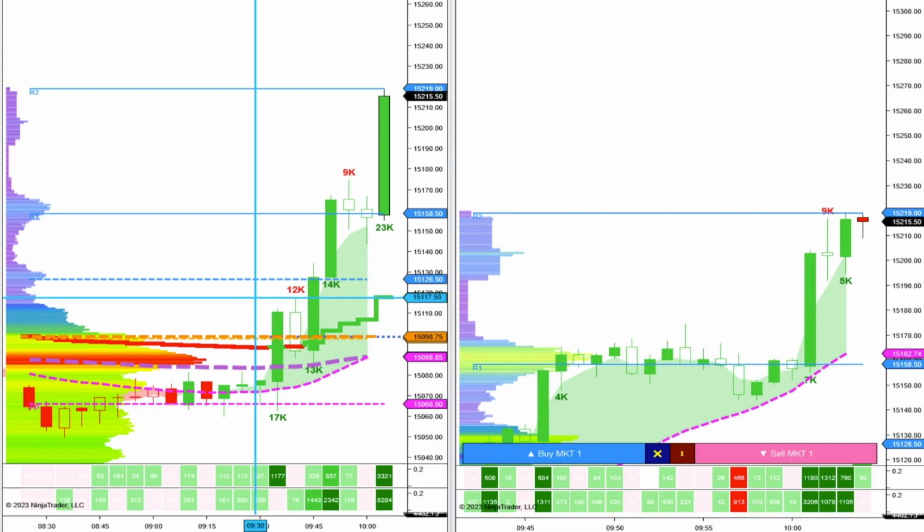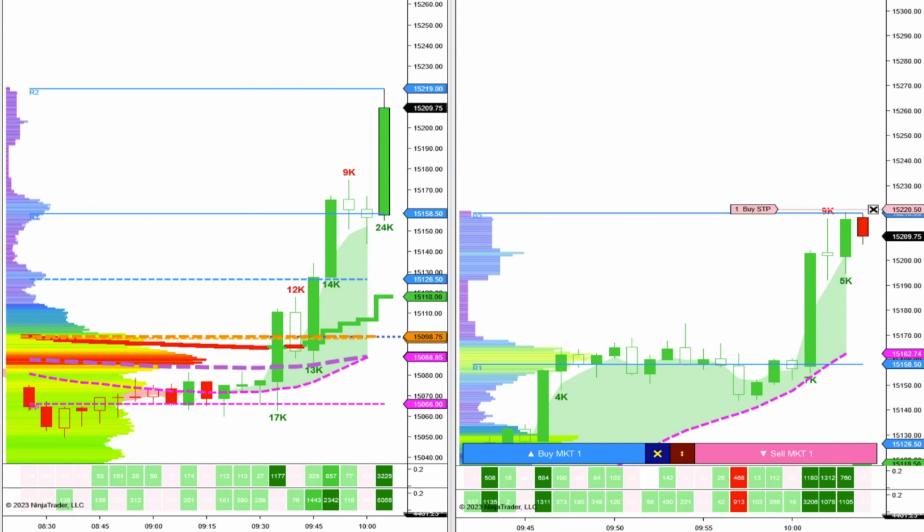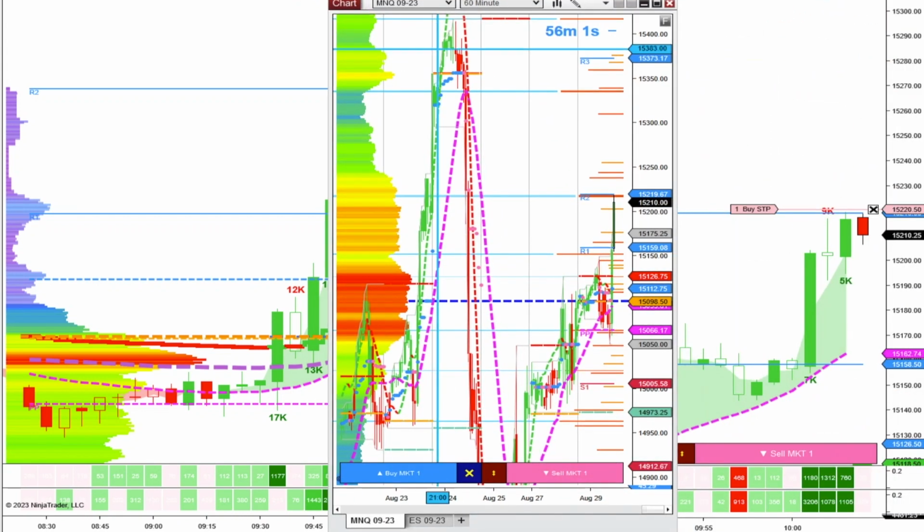We had some news at 10 o'clock. It came out quote unquote bad, which is good for the NASDAQ right now. I think if we break above R2 here,